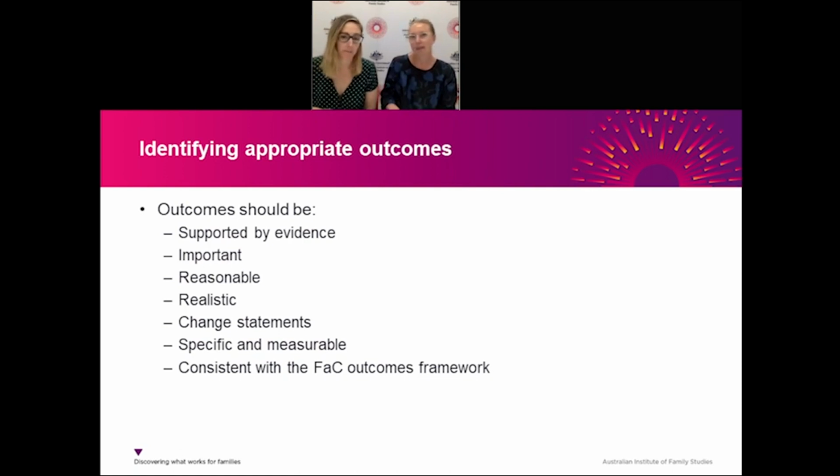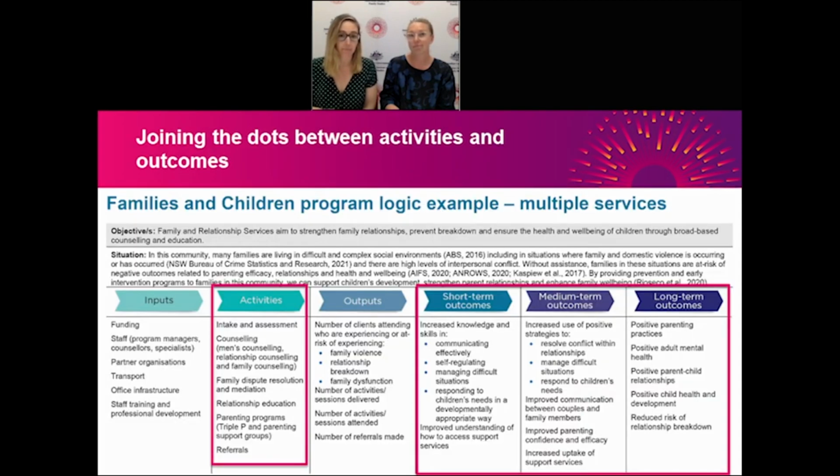Thanks, Shani. The other thing to be mindful of when you're identifying outcomes is that they should directly relate to the activities that you've described in your logic model. Again, if we look at our multiple services example, you can see that the outcomes focus on communication, emotion regulation, relationships and support networks, which makes sense in the context of activities that include things like a parenting program, counselling and relationship education.